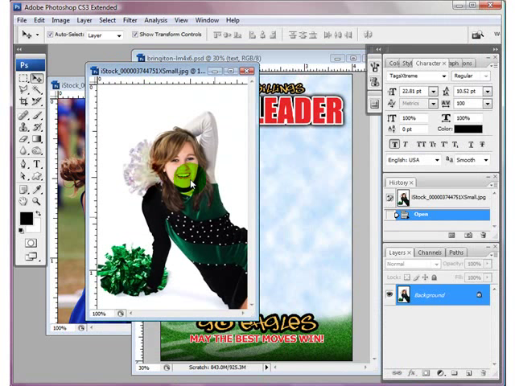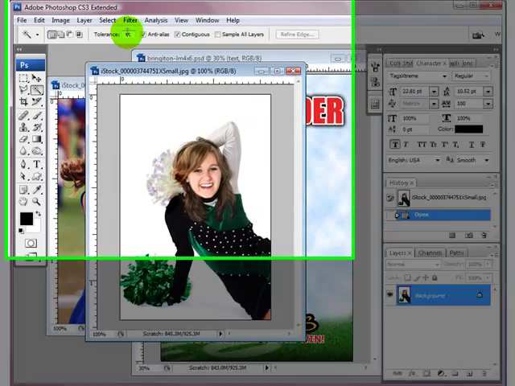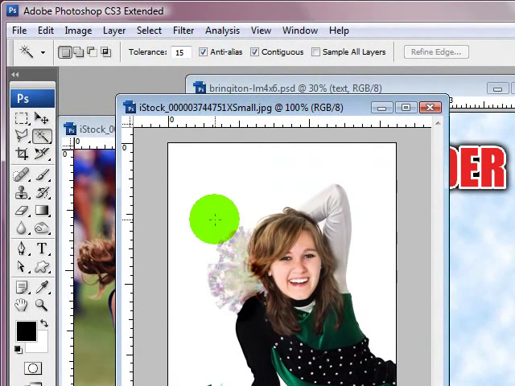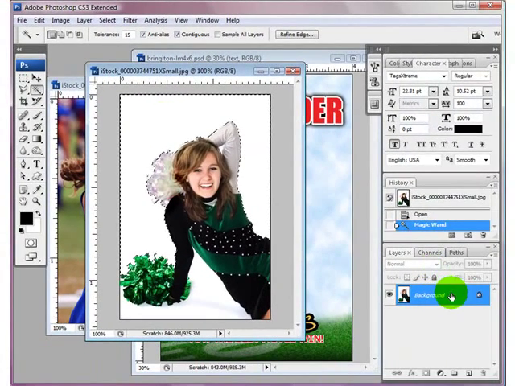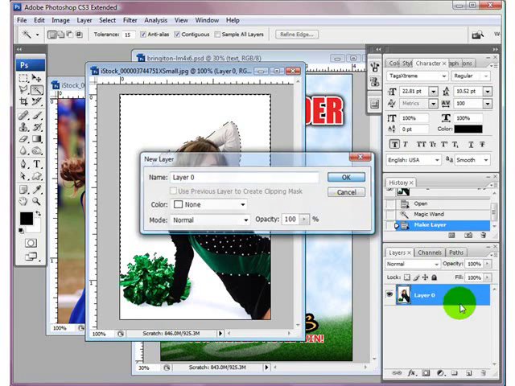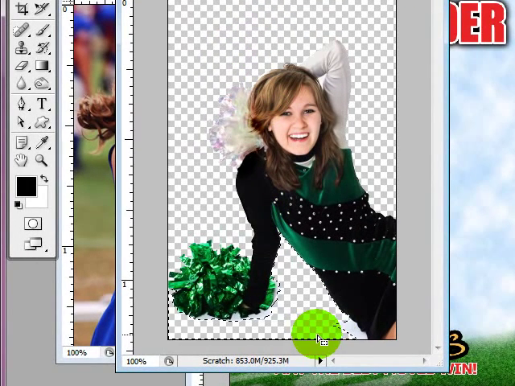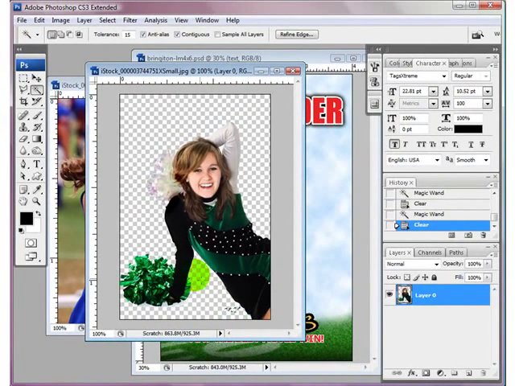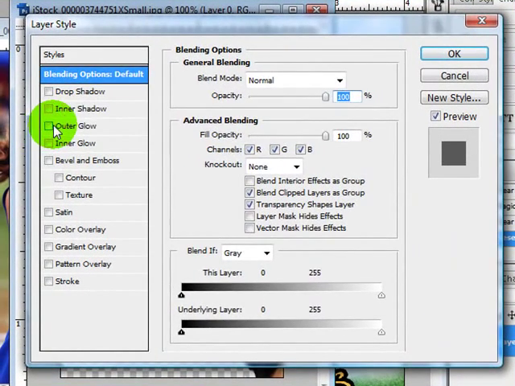And here's my picture. Now I'm going to cheat and use the magic wand at a 15 tolerance to extract this background. So you need to double click on background so that it changes into a normal layer. Then I'm going to press my delete key in the background, and I just keep highlighting and deleting. And then I'm going to select, deselect. Then I'm going to double click my layer, and I'm going to add an outer glow,